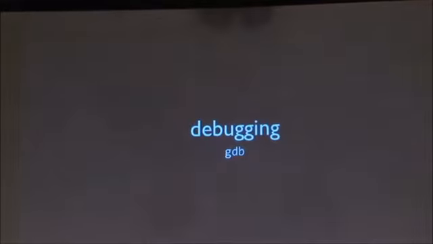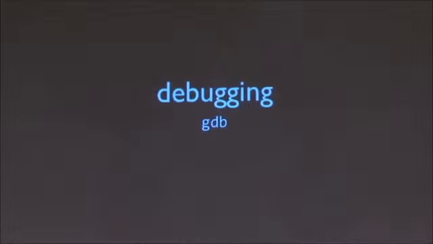One of the most popular debuggers out there for Linux and Mac OS, and it's available on Windows as well, is a program called GDB, the GNU Debugger. What this program allows you to do is set what are called breakpoints in your program, whereby you say, don't run my program all the way from top to bottom. Rather, pause execution on line 13 of main. Why 13? Well, you're suspicious that you have a bug somewhere around line 13,